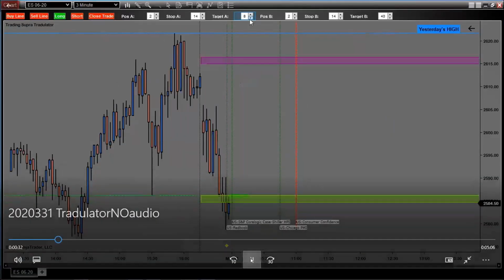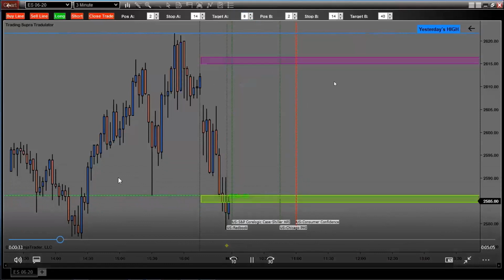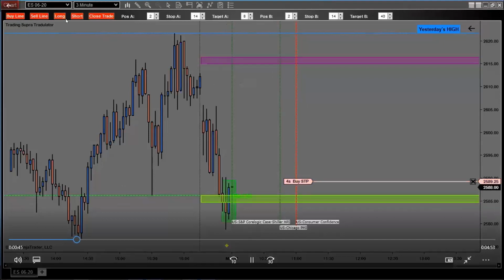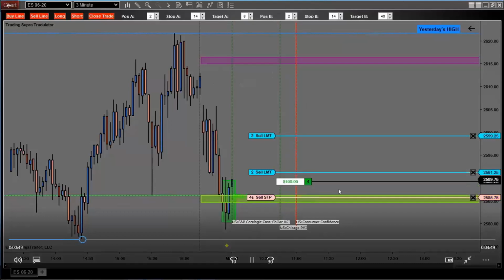And I'll press play. So EdgeMinder, those are zones that I use every day and zones that are part of my routine. I have set my buy line to long with Tradulator at my support zone. So as you can see, a fill just happened. Now this is a recording,